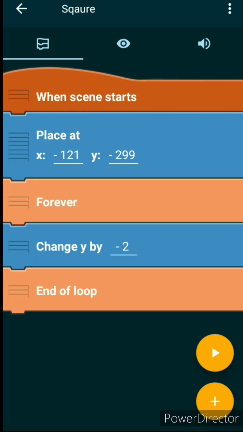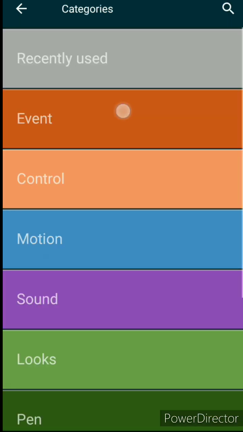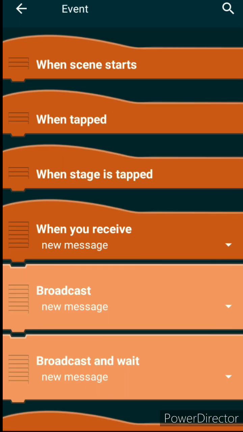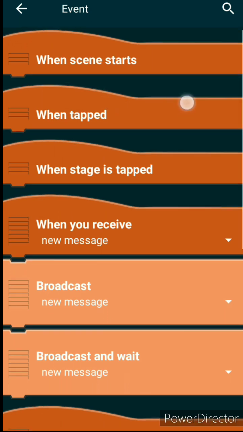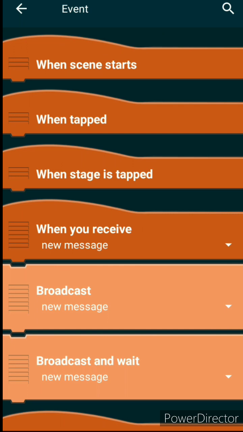So what about some other things? For example, if we could somehow manipulate the position while the program is running, for that you go to the event. Here you can see different events. When the scene starts, when tapped, it is going to do something when you tap the object, and below this is the stage is tapped. When the screen is tapped, you can make it do something. So we will go with the stage is tapped,